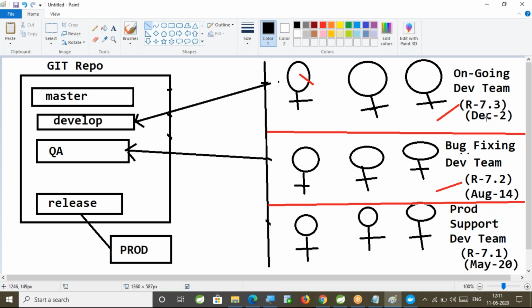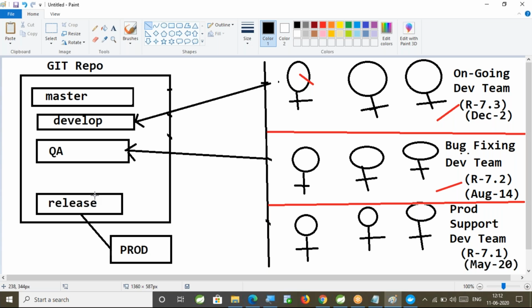So people working on release 7.3 will keep their code in the develop branch. The people working on bug fixing keep their code in the QA branch. The production support team's code will be available in the release branch. So within the repository, we created several code bases, and those code bases are called branches in the Git repository.